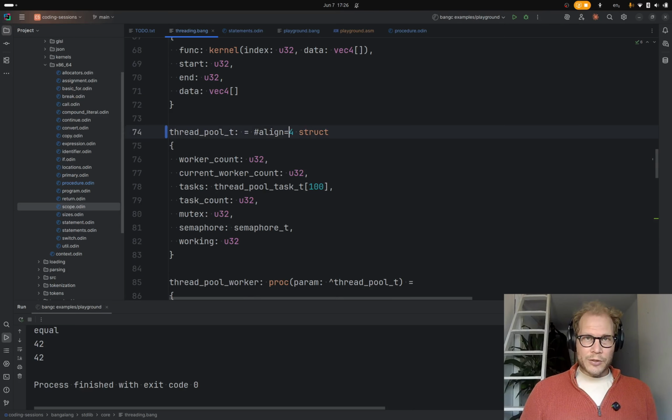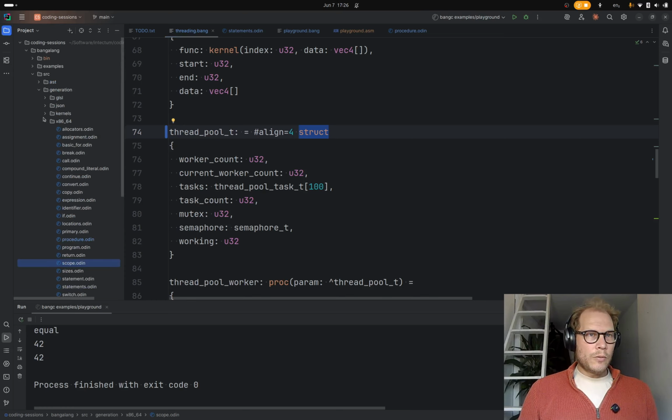Anyway, I wanted to change it to align equals 4 and allow like 1, 8, 16, 32, and 64 as different alignments. Which makes this a little more complex. But I do want to change it. I don't want it to be called a directive, I want it to be called a modifier, because that's basically always what it does. It modifies whatever it's applied to.